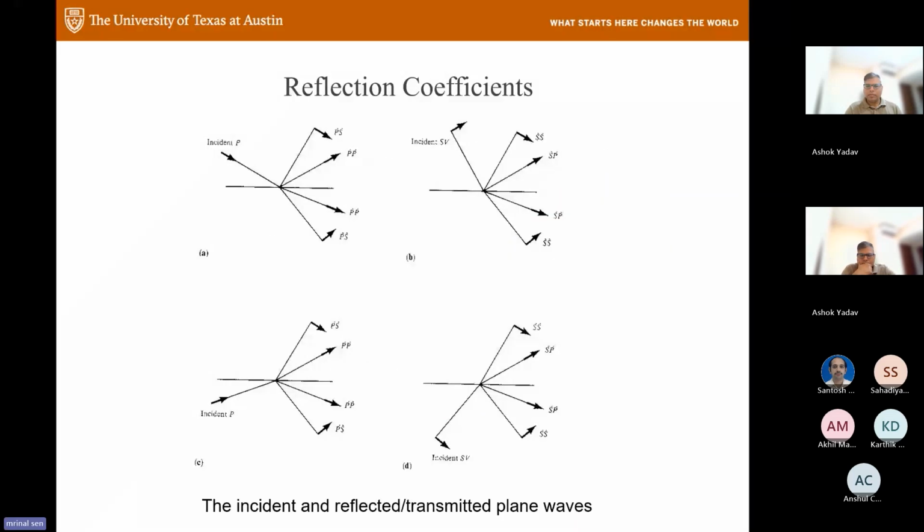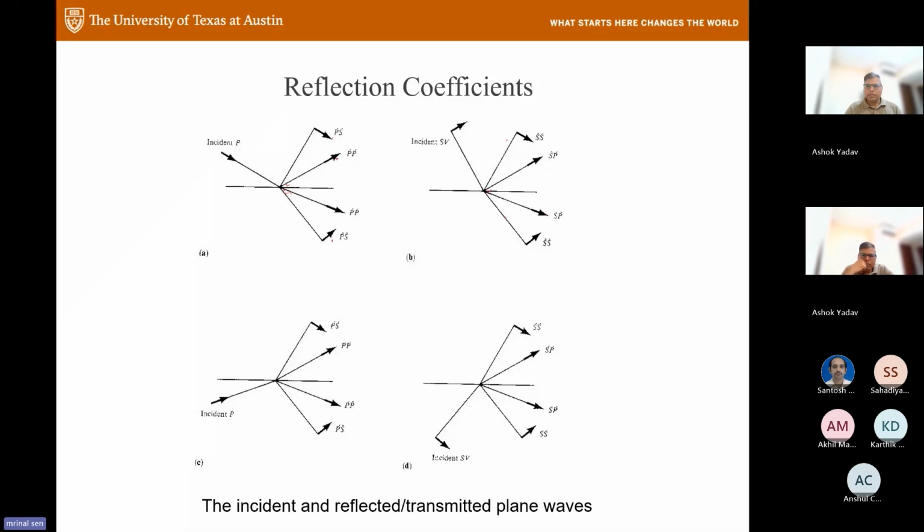So this is typically all the coefficients that you can get out of the whole process that I talked about in the previous slide. You can have an incident P that gets reflected to P. This is PP, this is PS. This is the PSV system, this is transmitted P, this is transmitted S. There could be incident S, reflected S, reflected P, transmitted S and transmitted P, and the angles are different